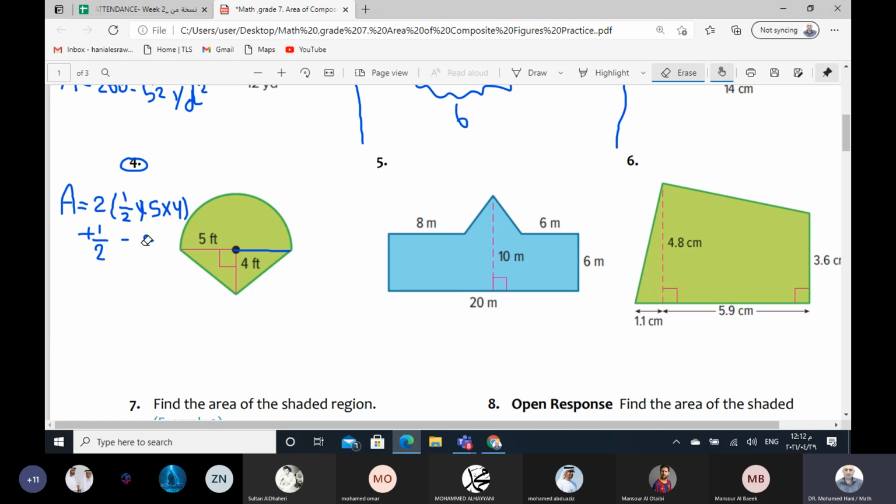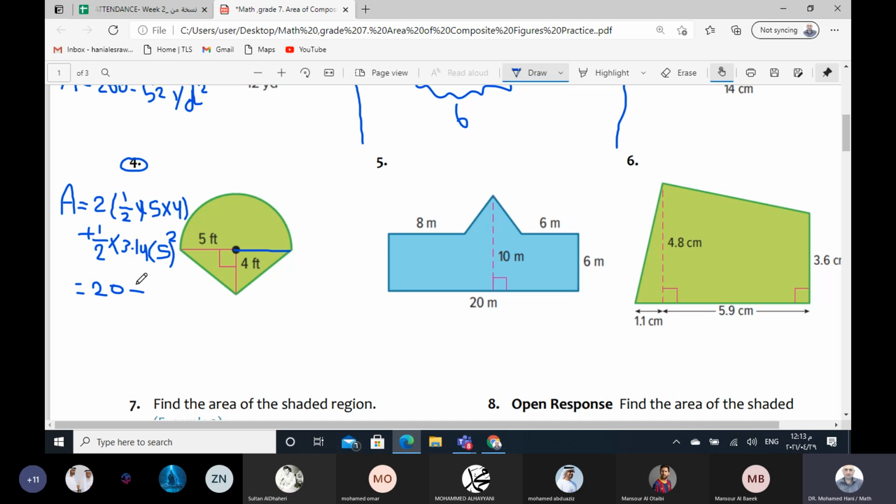Now the value of pi will be 3.14. And as you see here, we have the radius 5 squared. Now we can calculate 2 times 1 over 2 will be 1, and 5 times 4 will be 20,